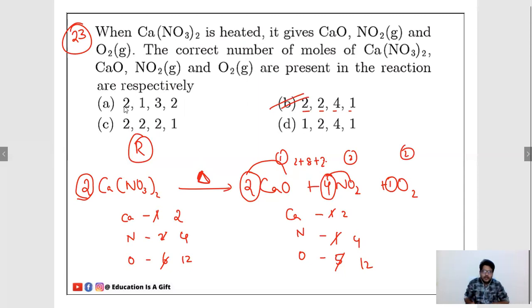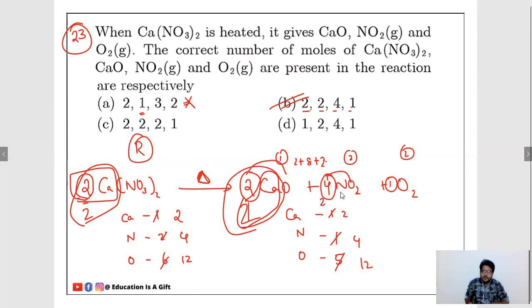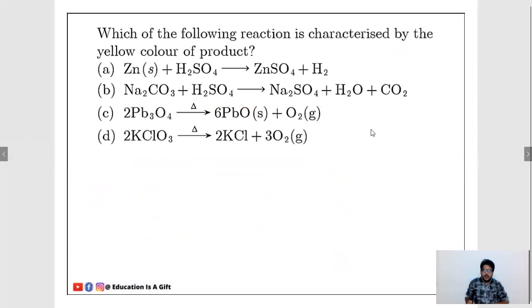Or straight away you can substitute. If you want to go with option A, substitute 2 and 1. You can substitute 1 here. But you see the difference? 2 calciums and you get 1 calcium. That may not be correct. It is wrong. Next, 2, 2, 2, 1. Substitute 2, yes, 2 calciums. Again, you have to substitute 2 here. If you substitute, nitrogen is becoming only 2, but here it is 4. This might not be correct, wrong. So like that you can do it. 24.